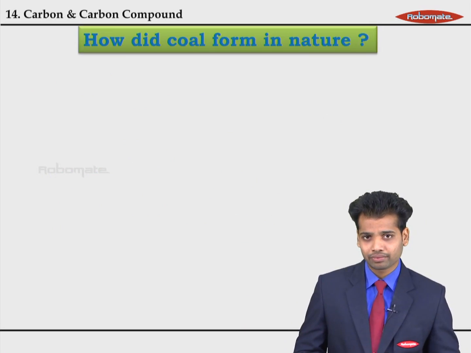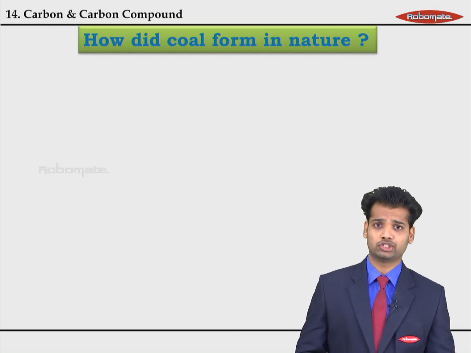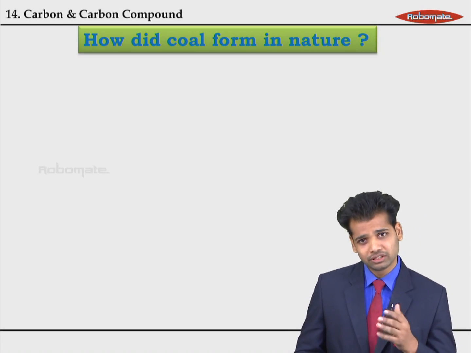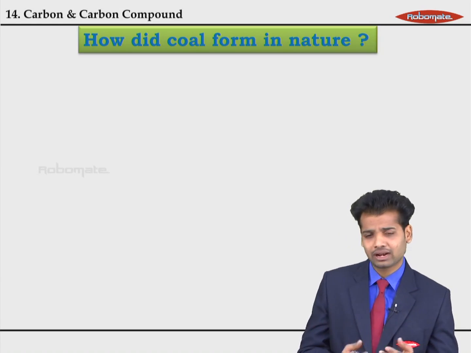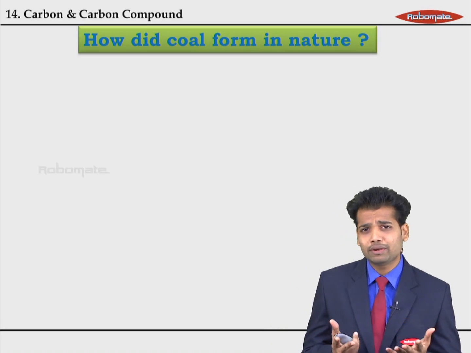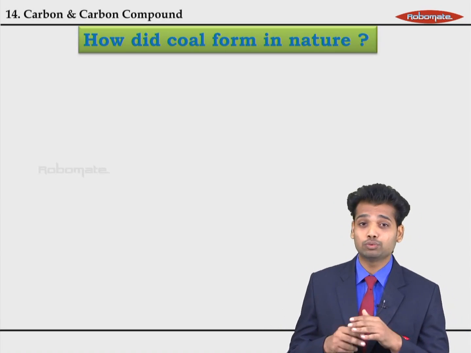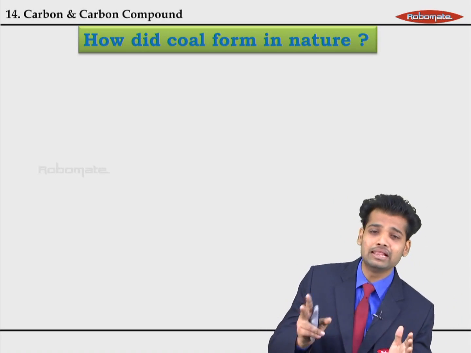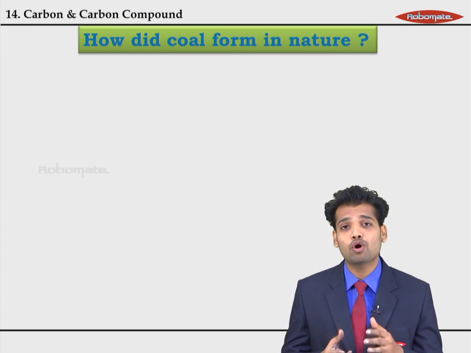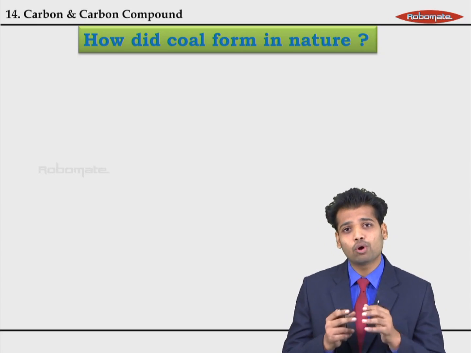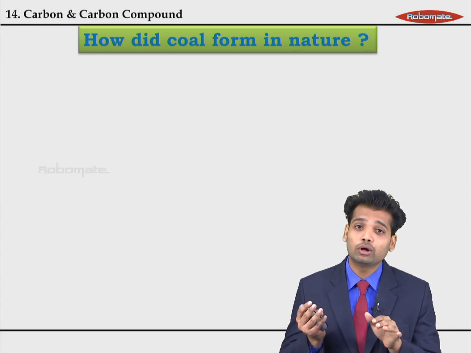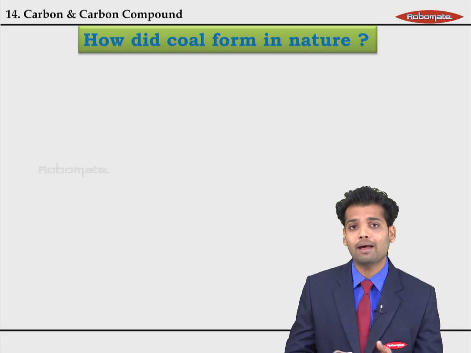Now this carbon, how did carbon form in nature? Carbon is mostly found in the form of coal. Now this coal is your kolsa, right? This coal, how did it form in nature? It is not a 1 or 2 day process. It is a process which takes millions and millions of years. This coal was basically formed because of wet, marshy lands which went under the ground because of various floods or natural calamities.